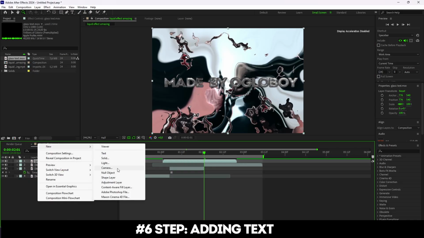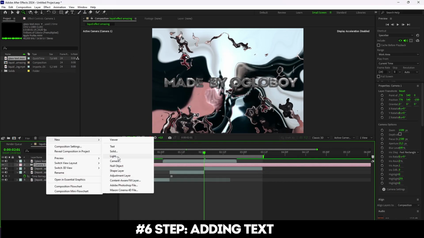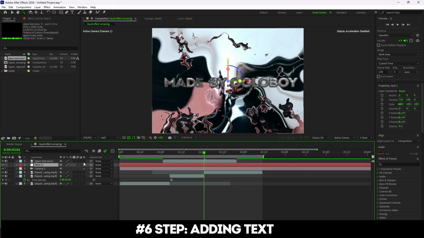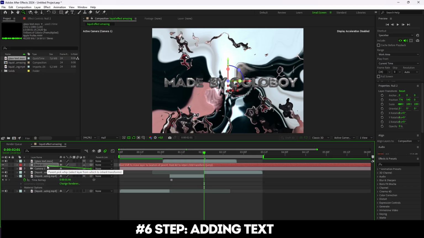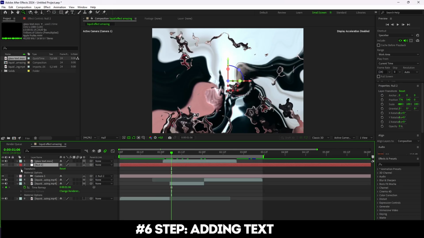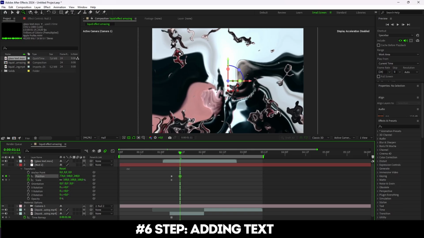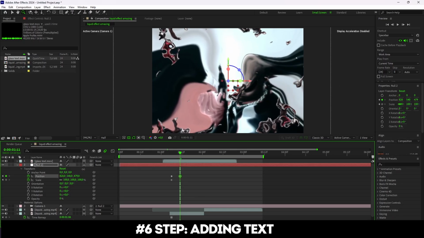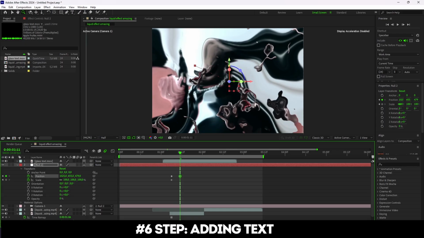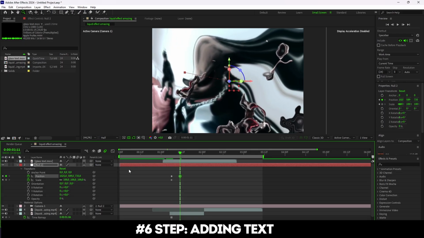So let's create a new camera, add a null object, switch our layers to 3D and parent the camera to the null object. Now move the playhead to the beginning of the first frame and start animating. Set keyframes on position and scale, move the playhead forward and push the camera in. Somewhere around here looks good.